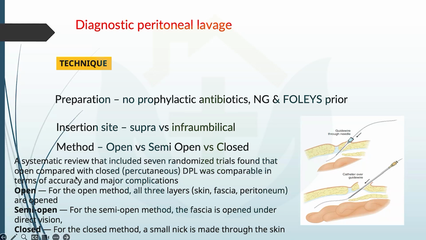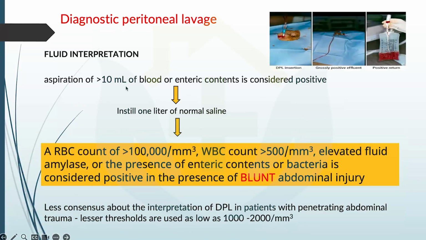If you are unsure about this closed technique, you can use a semi-open technique where you take a small stab knife incision, then you put the needle, then the guide wire, and then you put the catheter. Or you can completely go to an open technique where you use the scalpel full depth till the fascia, put the guide wire inside the abdomen and then put the catheter. After this, you have to gently aspirate. On aspiration, if you find that blood is directly coming, that means there is blood inside the abdomen, and that means it is hemoperitoneum. You have to open the patient. That is, you have to go for laparotomy.